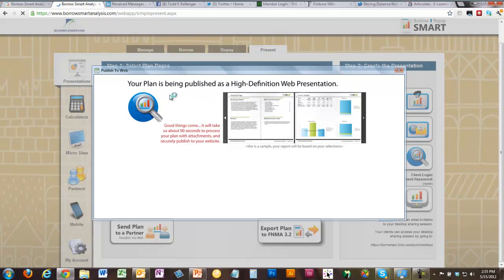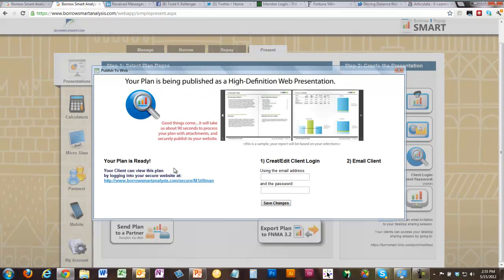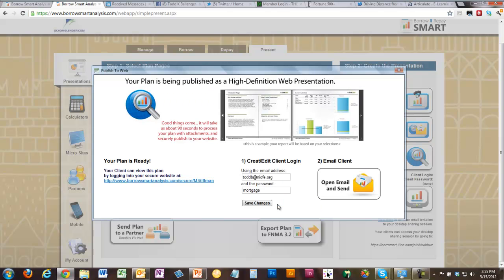So what's happening right now is it's building the report, and it's done, and it says you can view it here, but you've got to give your client an email address and a password. And then when you save that, let me just make something up here. I'll just say that you're going to call this toddb@knife.org. Let's say that you're sending this to me, and this is my email and my password. When I click save, it now has set up a secure email and password login for the client to view